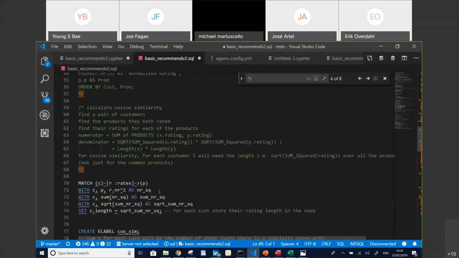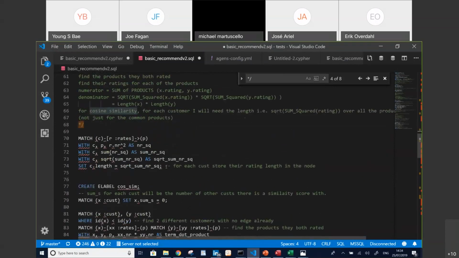Now, the next thing I want to do is calculate the cosine similarity. Remember, one of the things I needed was the norm or the length of each vector, and this simply does that. It'll find every occurrence where a customer rates a product. Then I'm going to square each of the values, add them all together, and take the square root. And I'm going to save it in the node. I'm going to call it the length property in the node C. C refers to the customer, and that's where I'm going to store the lengths. So this will store the lengths or the norms of every vector that I need time and time again for the denominators when I create the